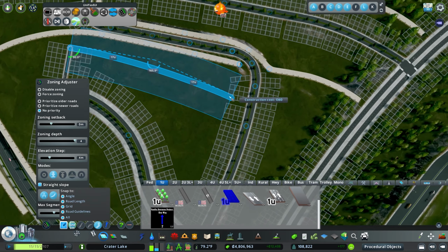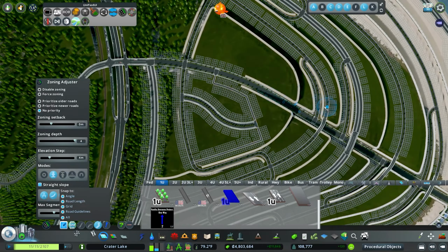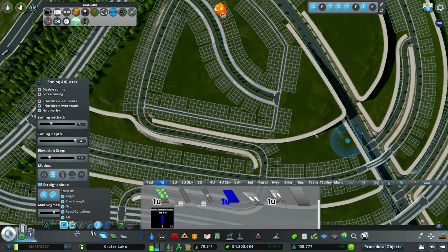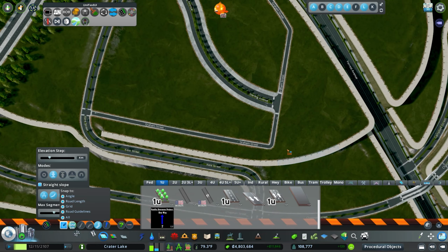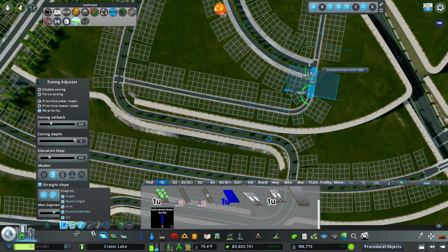So if I grab this, come down here and connect that up, how does that look? It actually looks pretty interesting. I do want to come in here though and change these to slopes. So I think we will go ahead and do that. So if I grab this and then go back, let's go straight just a smidge. I don't want it to be a huge slope. So if we go like right there and then go like this, yeah, this is going to look so much